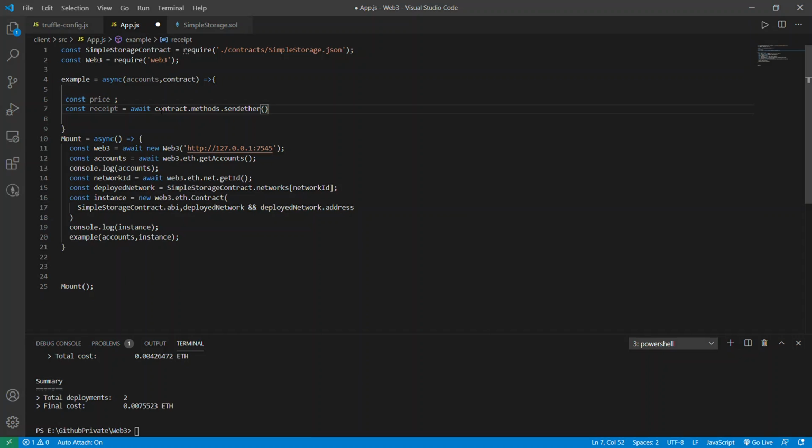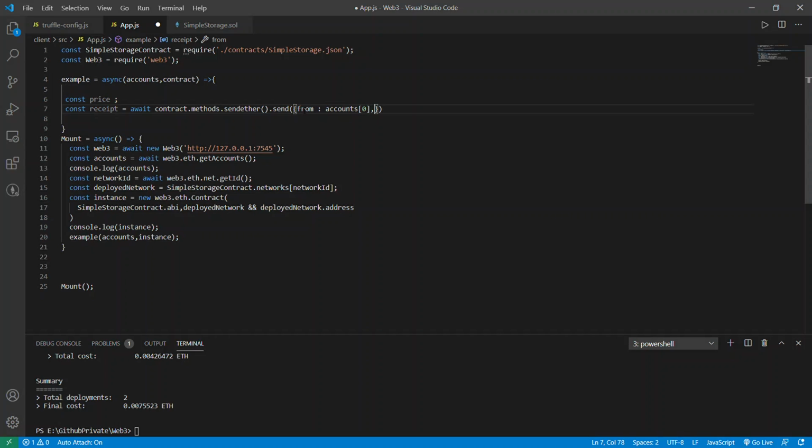Then you can use the call. What this call will do is only read from the blockchain. It won't change or modify any data in the blockchain. So what we'll do is use the send method right now. With the send, you need to send some arguments in the form of JSON. So this is your JSON notation. Now you will have to send from. What is your from address? Let's say accounts of 0,